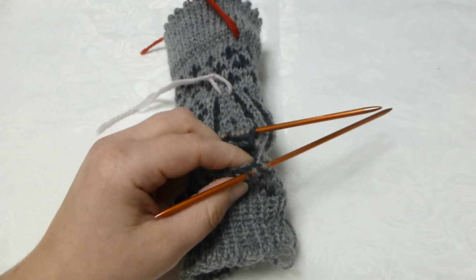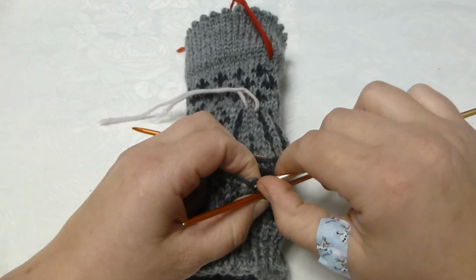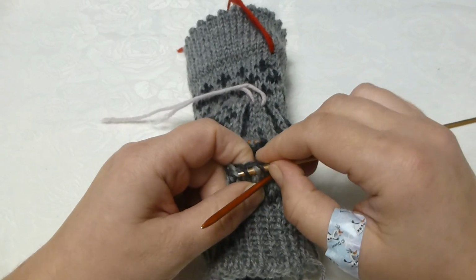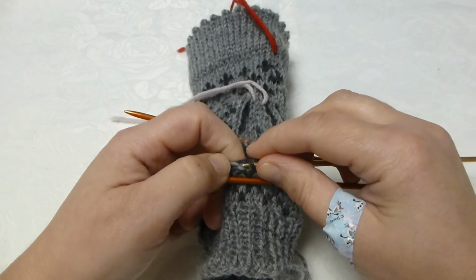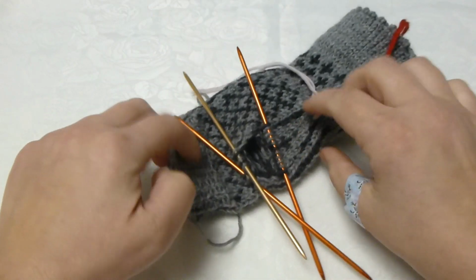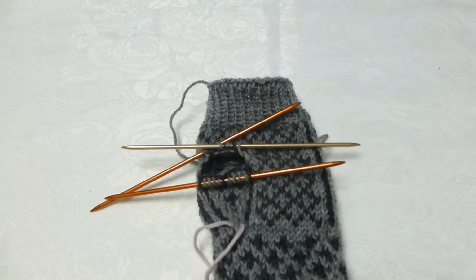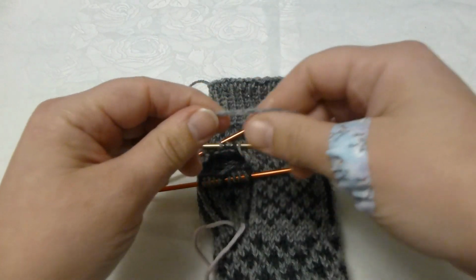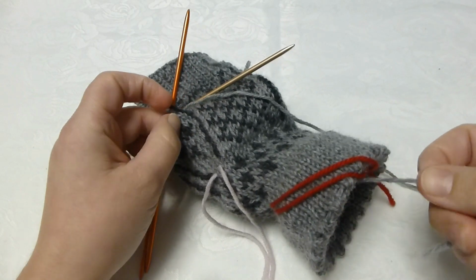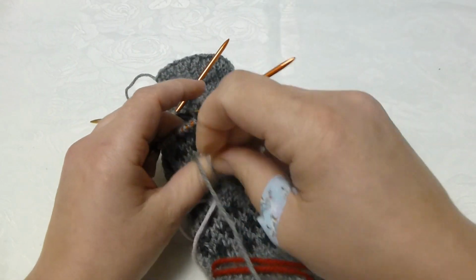And I will use at least 3 needles when I do this, because when I knit in the round, using 2 needles will make the work difficult and it will make a poor result. I think it will not look good. So there you go. Then I find my yarn and I place it through the thumb hole and out through the cuff, and I wind it around my thumb just a couple rounds,